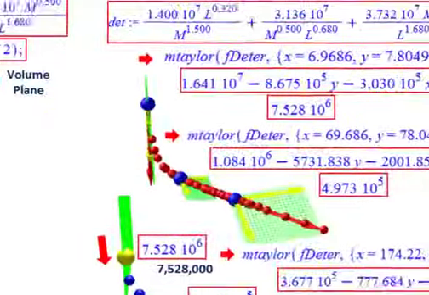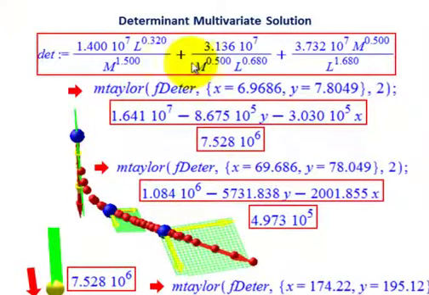And if we just expand on that, if we move up here and look at the other points, looking at that first point, that initial point where you have that real steep descent, that would be a point of 6.9-something of m or x, and y or l would be 7.8. And again, I did a Taylor expansion, a Taylor series, on that multivariate solution, second degree,